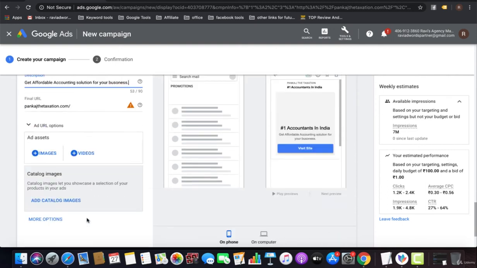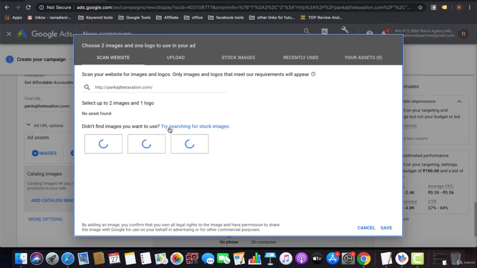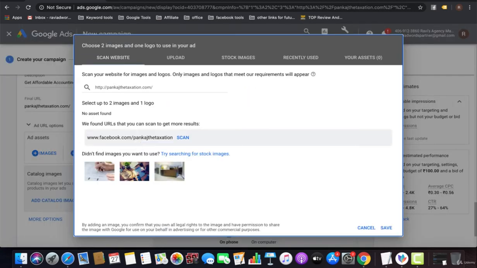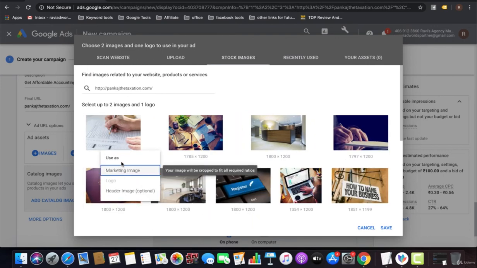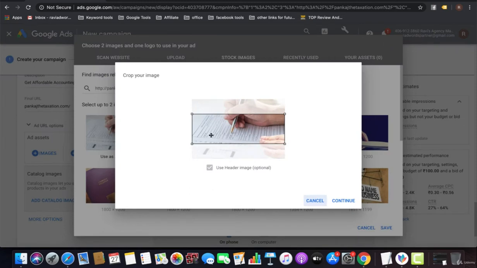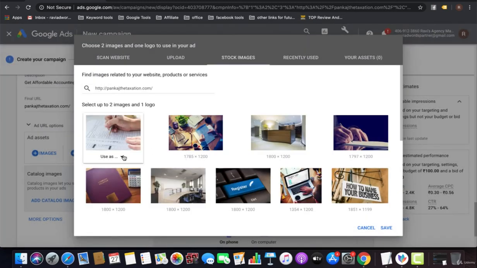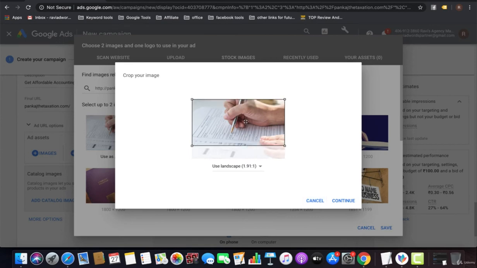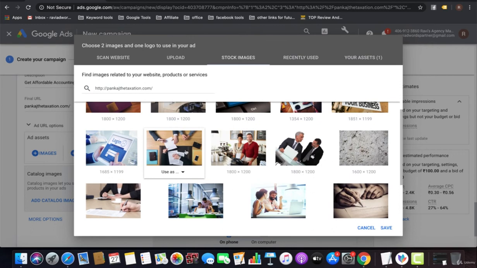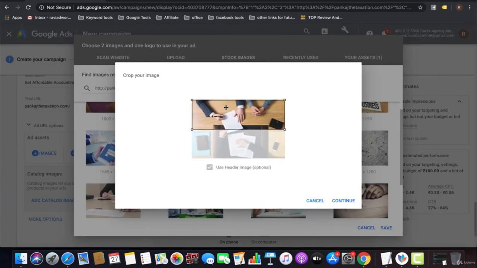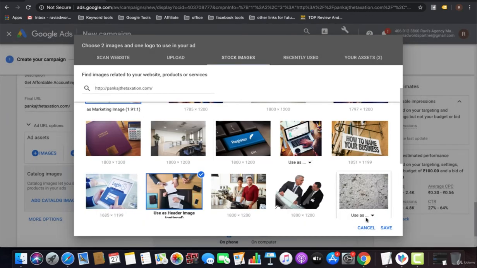Okay, now I can select the images. I can go with that particular already created image, and that is my header image. I can go with the marketing image as well. That is my marketing image, and that is my header image. Now